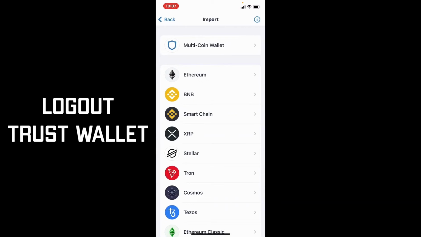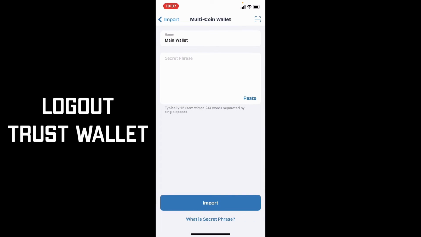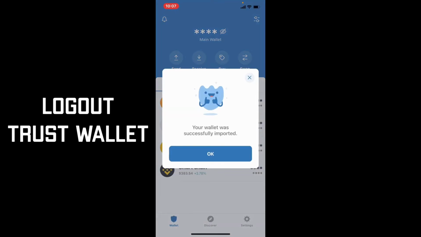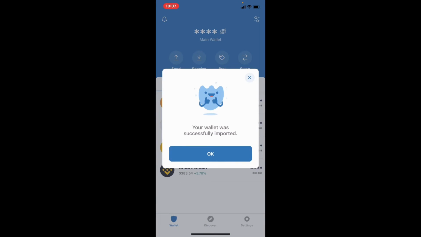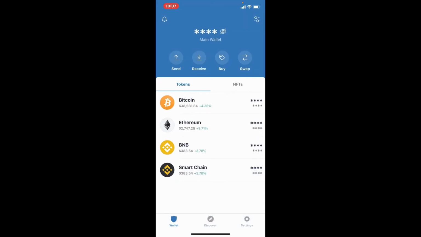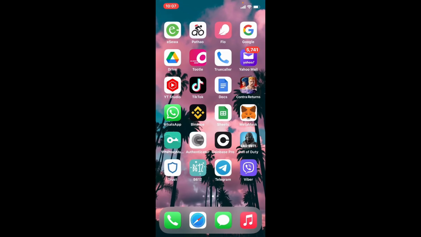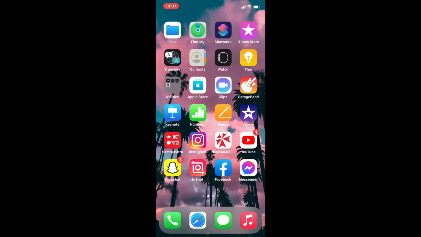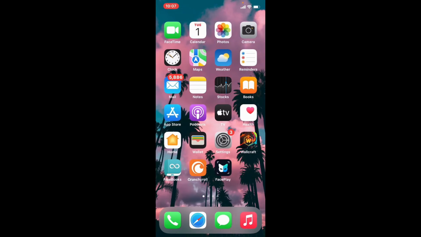tap on your multi-coin wallet option at the top and paste in the recovery phrases. Now tap import, and that way you'll be able to log back in to your Trust Wallet using your iPhone. Tap OK and start using. That is how you can easily log out of your Trust Wallet application if you are done using the application